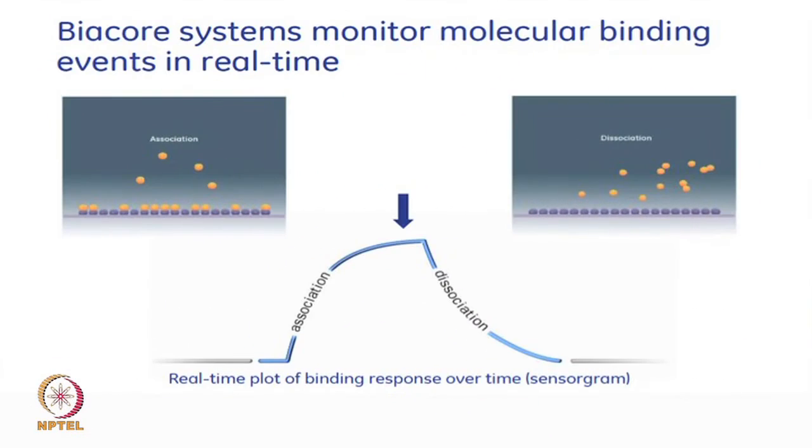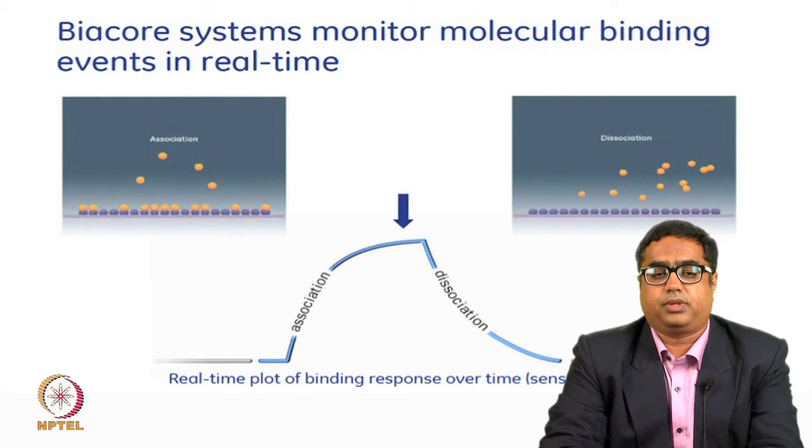Before we start with other sessions, I think we will revise a little bit of introductory slides on surface plasmon resonance. A Biacore or surface plasmon resonance system is a label-free technology. These systems are generally used to monitor molecular binding events in real time. So, basically an experiment starts with an immobilization of a ligand on the sensor surface, and an analyte is passed over in a solution, which will bind to the ligand. So, here there are two different molecules, one of them is a ligand and the other is an analyte.